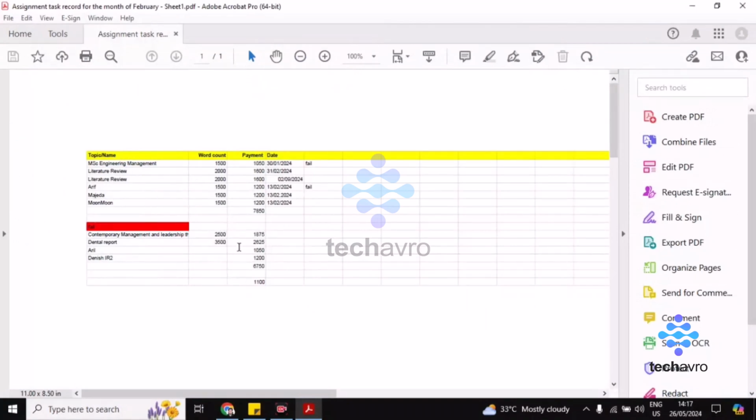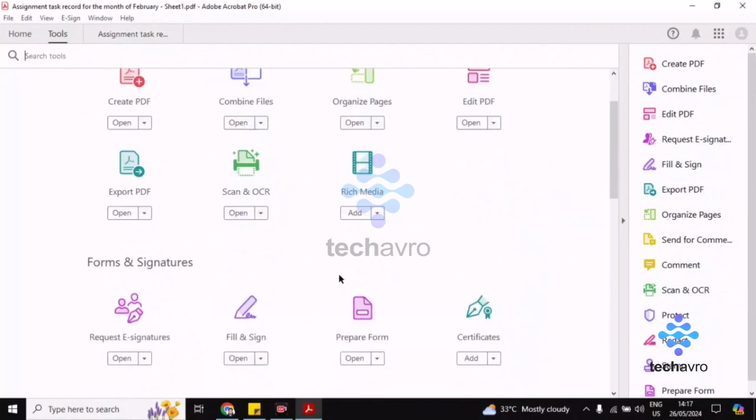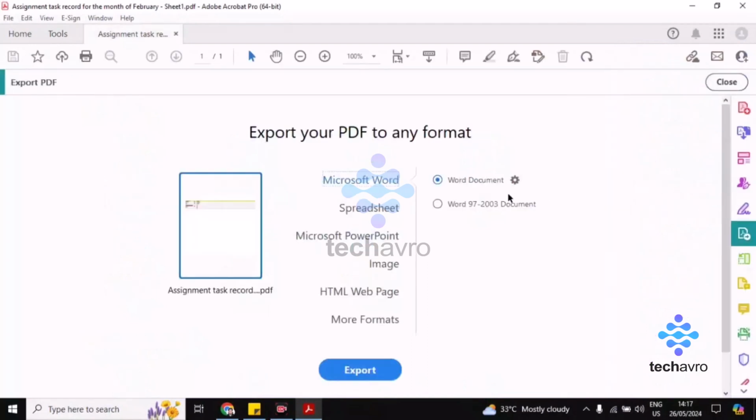So how can you make this Excel format? You have to click on this Tools, which is on top. Now click on Export. If you don't find it here, look for the right section, Export PDF, this one, Export PDF. Click on this and choose Word document, or you can choose this one, 97 to 2003. I'm choosing the first one, Word document, and this one you should click on